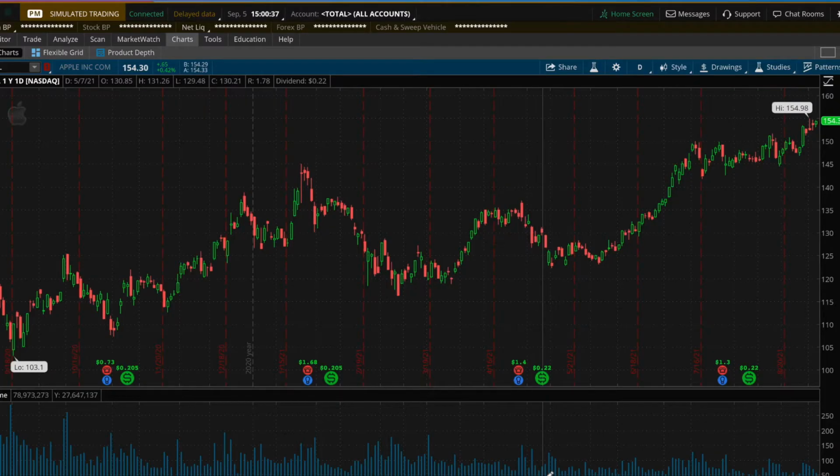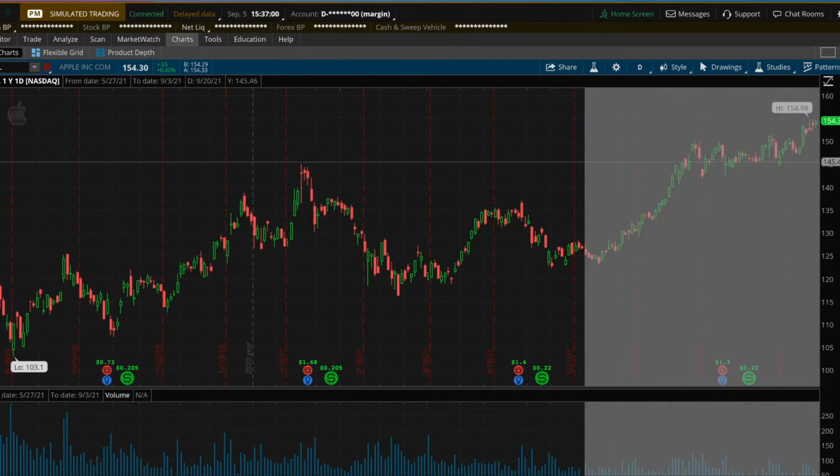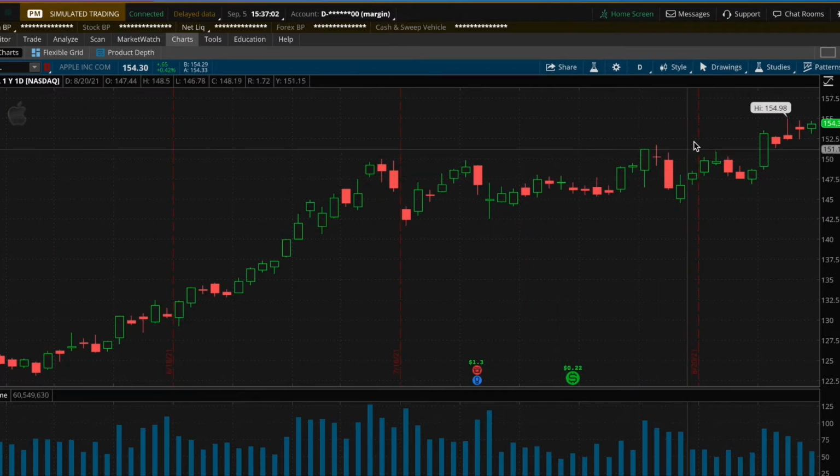Hi everyone. Today I am going to show you how to place an OCO order on Thinkorswim. OCO stands for One Cancels Other. Let's use Apple for example. This is not a buy recommendation. Just for demonstration. Let's say we are bullish on Apple and want to buy a $155 breakout with a $2.50 stop targeting